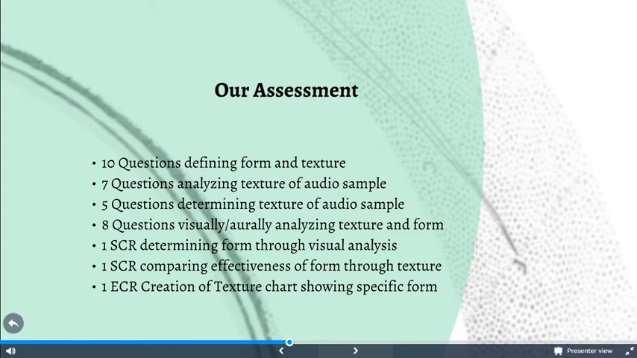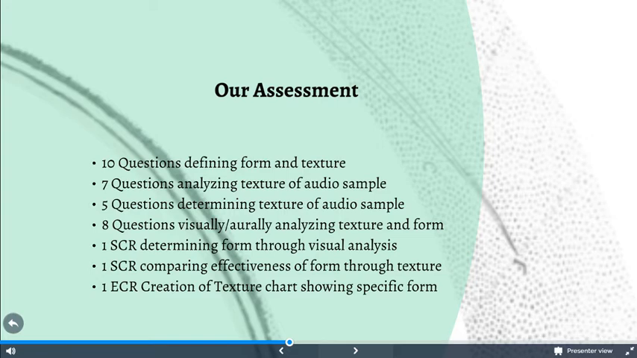So these questions defining form and texture included both what is the definition of this, and then what are the letter patterns, how do we label form, all sorts of questions like that. We also had 7 questions that analyzed the texture of audio samples. For that, we would play a short snippet of many different kinds of music. We had popular music, rock music, swing music, classical music, really as much variety as we could think of, and